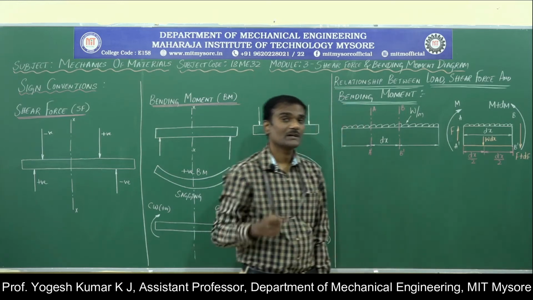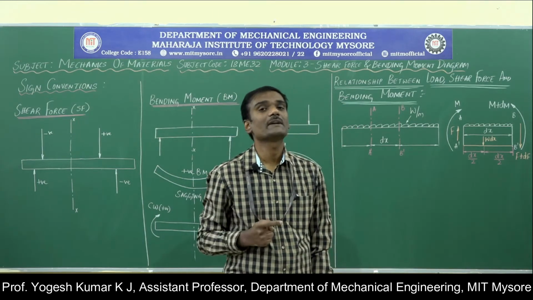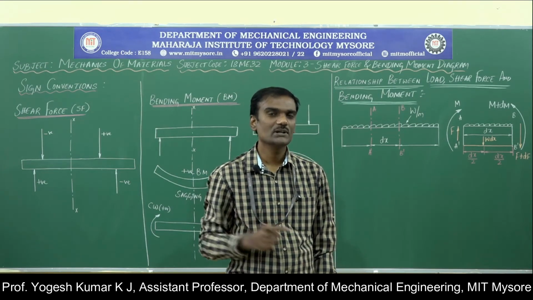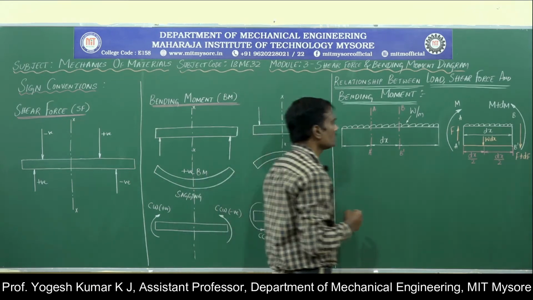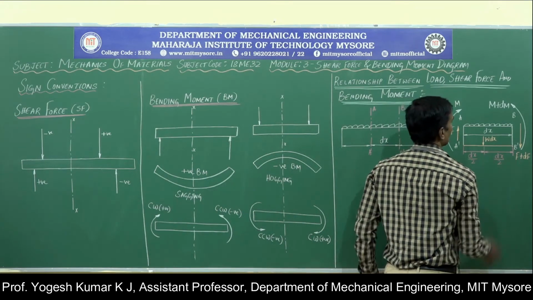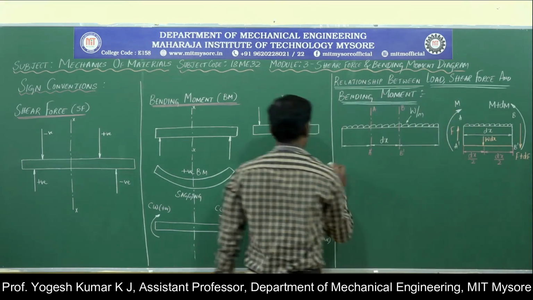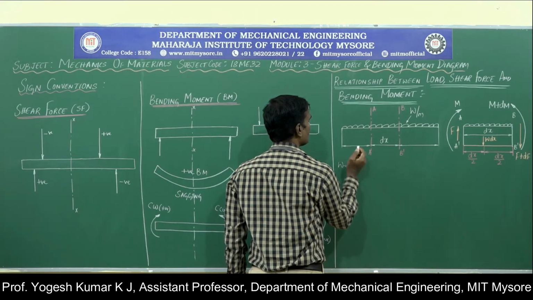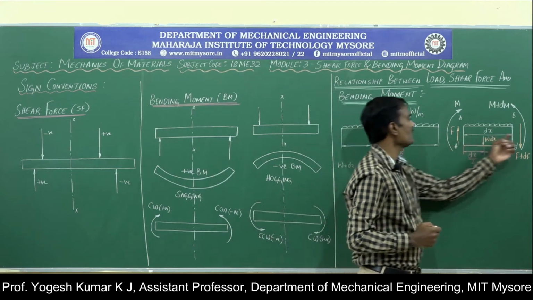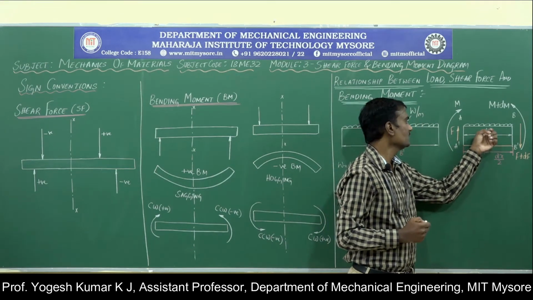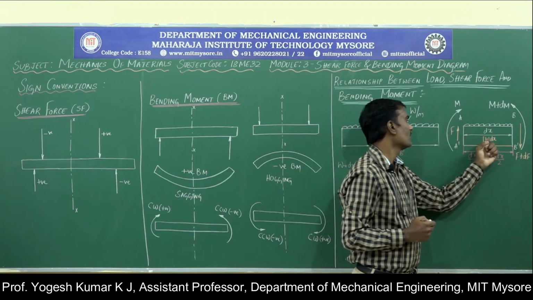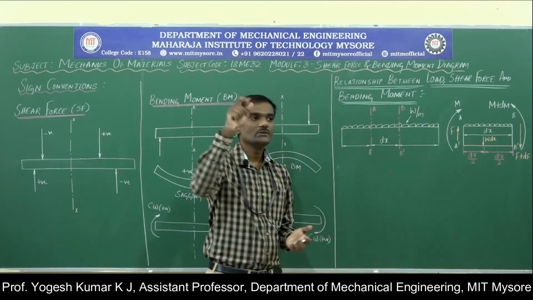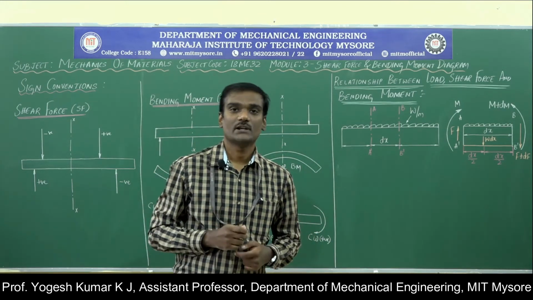Now, the load that is acting on the beam is W per unit length, that is, Newton per meter. The unit of load for UDL is Newton per meter, but I want that in terms of Newton, because the unit of load is always Newton. So how can I convert Newton per meter into just Newton? It is multiplied: W is multiplied with the span length on which it is acting. What is the span length that we have considered now? For the elemental length, dx is the span length. So we multiply W with dx, and Newton per meter into meter gives just Newton.